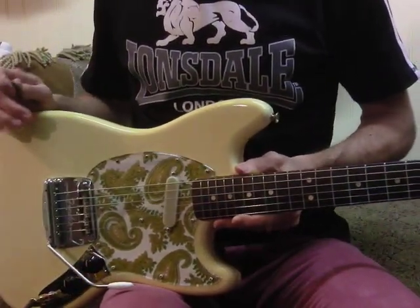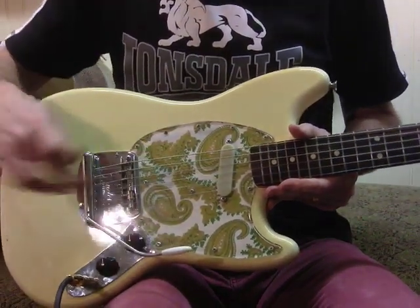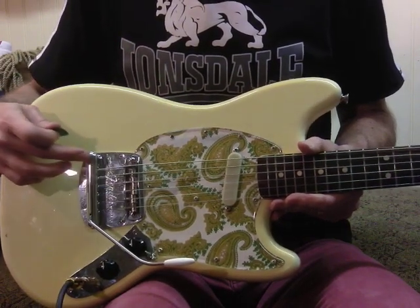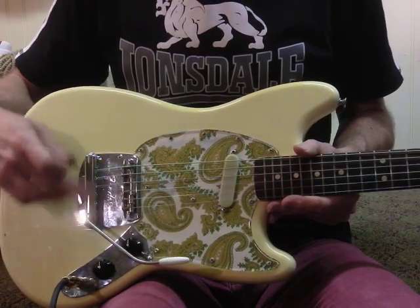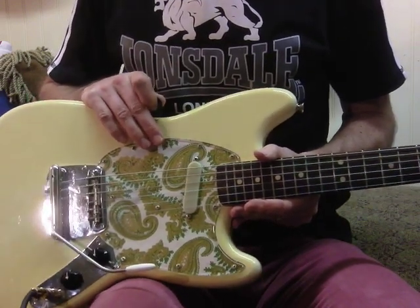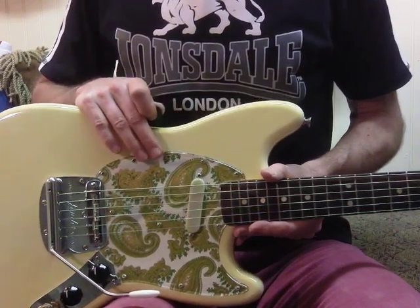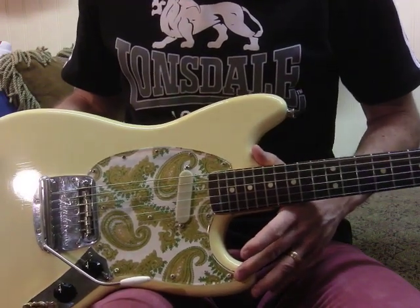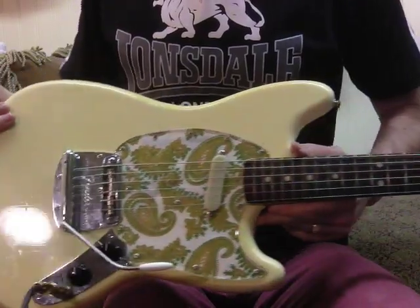And I put some upgrades on this guitar to make it more to my liking. I took out the original stop tailpiece and put in a 1965 original Fender Mustang vibrato bridge, and then I took off the really cool tortoiseshell pickguard that it came with. Still have it, of course. But I added this clear pickguard backed by some vintage 1950s foil paisley wrapping paper,